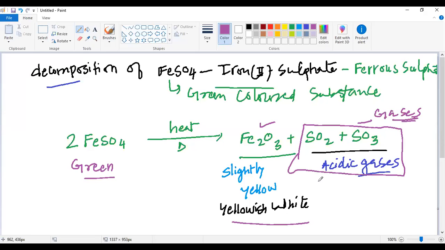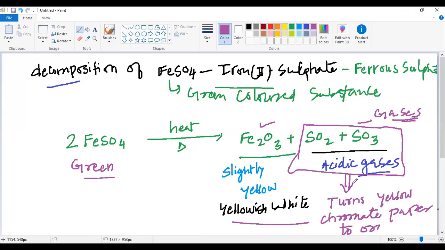These gases turn the yellow chromate paper to orange, and on the basis of that we can say that these gases which are produced were acidic in nature. So my dear students, on the basis of this we can understand